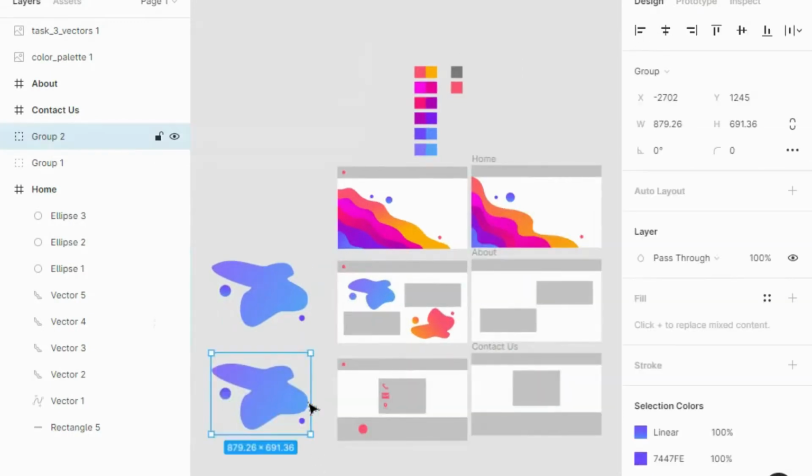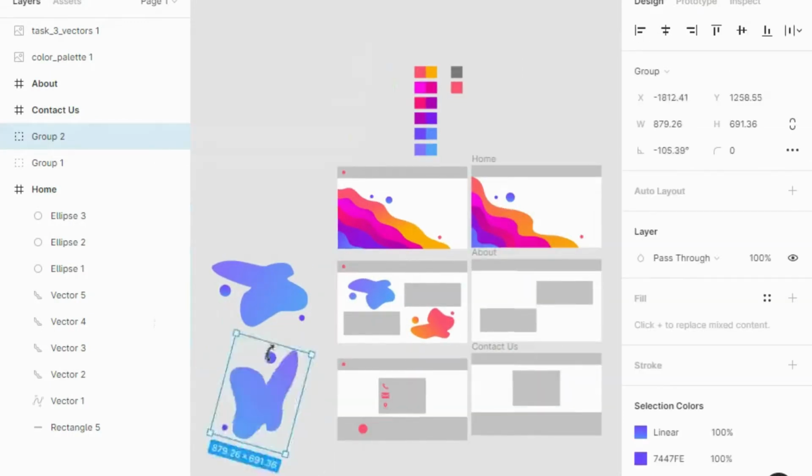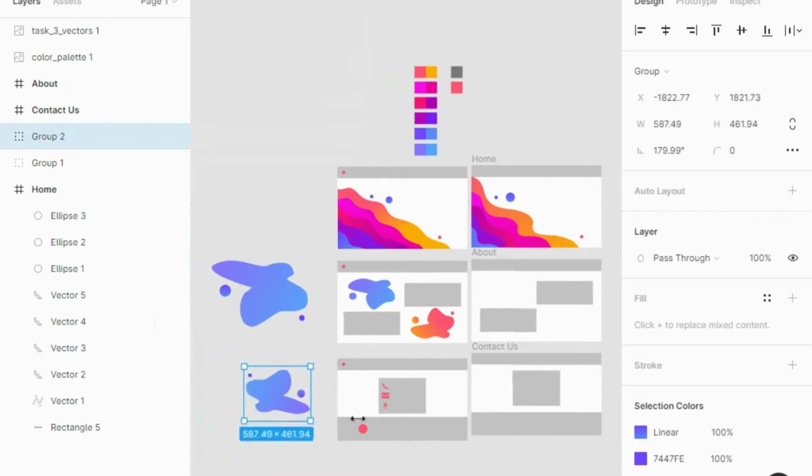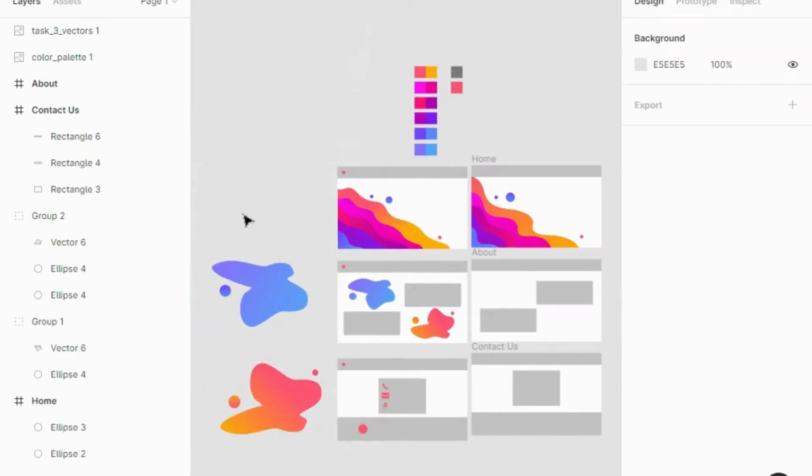Rotate and flip it to create the second vector of our About page. The resultant About vectors look like this,